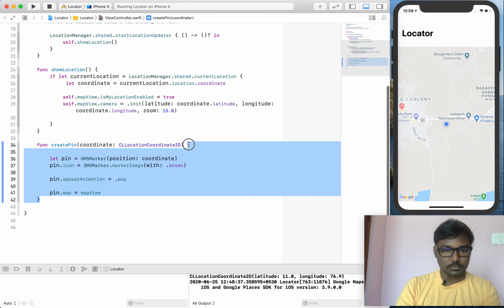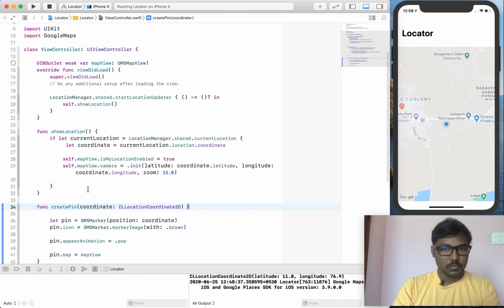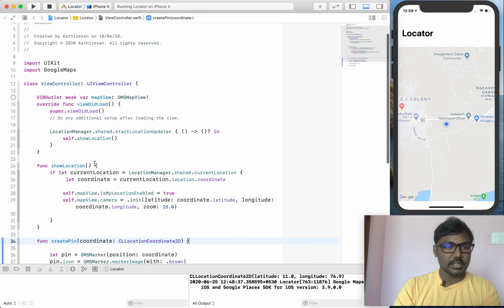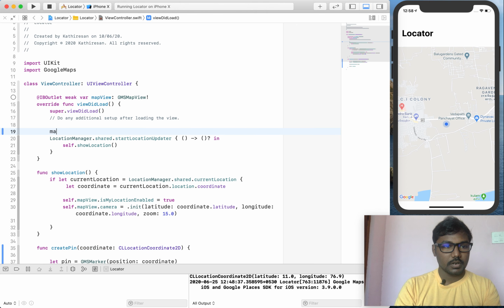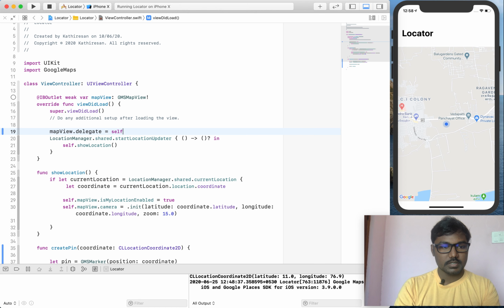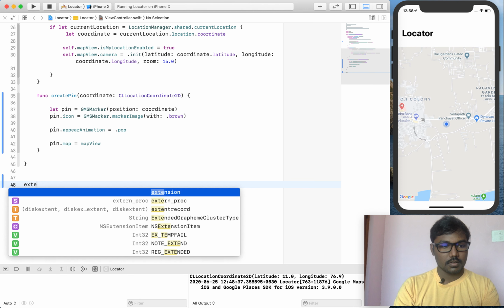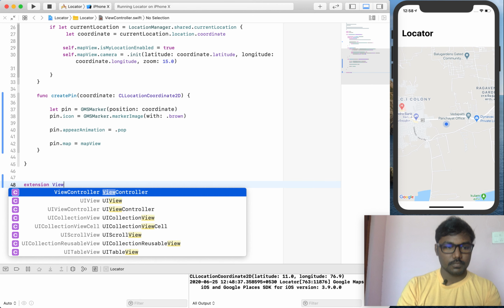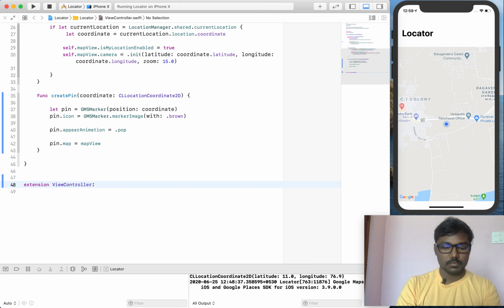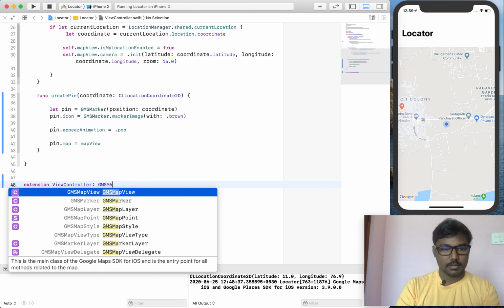That's all. Now we need a coordinate where we have to place our marker, so I'm going to implement the Google Map delegates, like delegate equal to self, and I am extending my view controller with GMSMapViewDelegate.